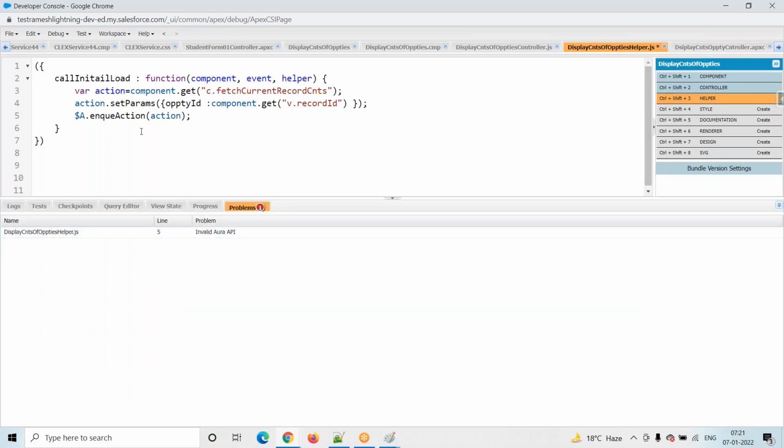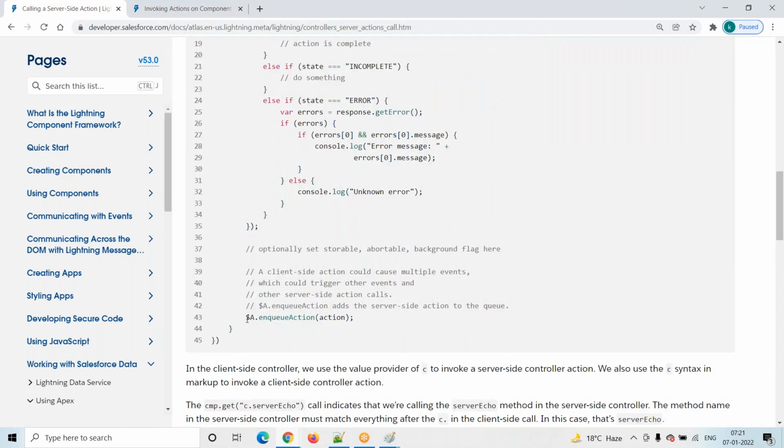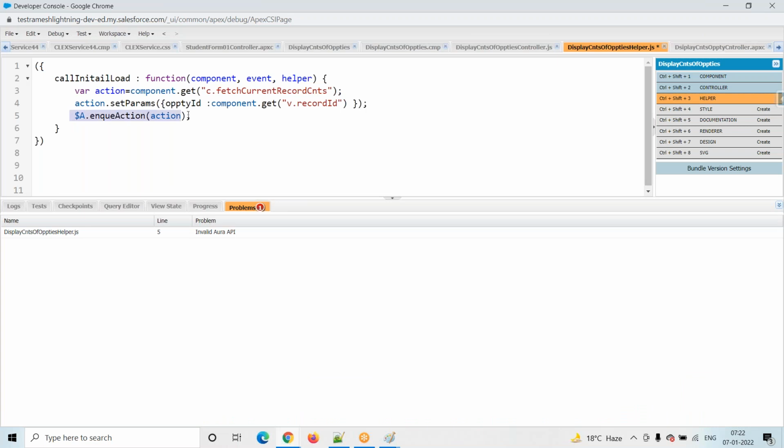Invalid our IP. Okay. You have to take this particular result. Maybe the syntax is wrong, or this one. Okay. This is the syntax. Yeah, I see some problem in the syntax.